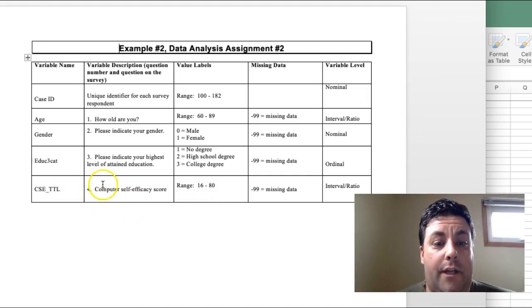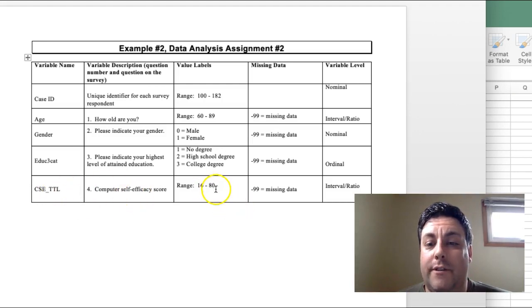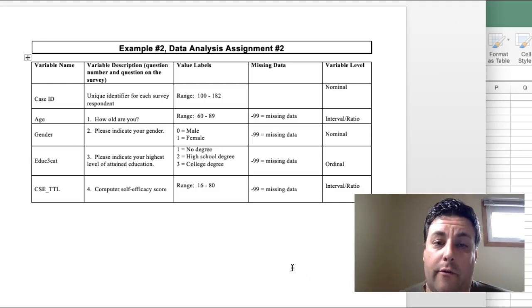So this particular person, that first case we were looking at, 72-year-old woman, no degree, and her computer self-efficacy score was a 60. Again, you've got the variable levels over here that you can refer to. By the way, you do have this for the data analysis assignment as well. So you're going to want to refer to the codebook to figure out what the different variables mean and what the different